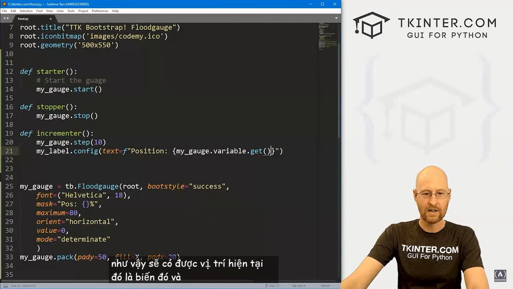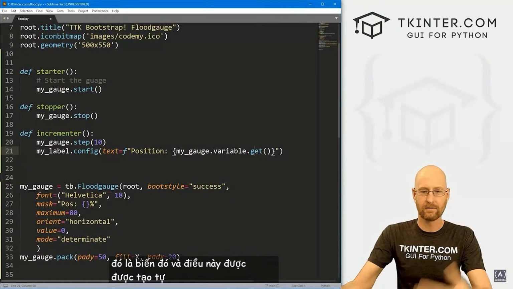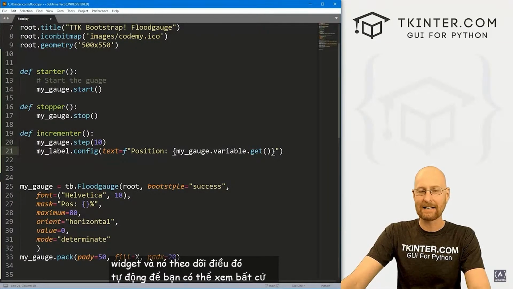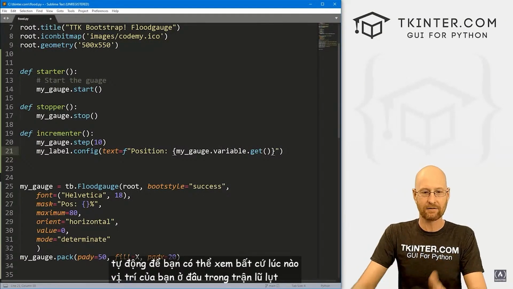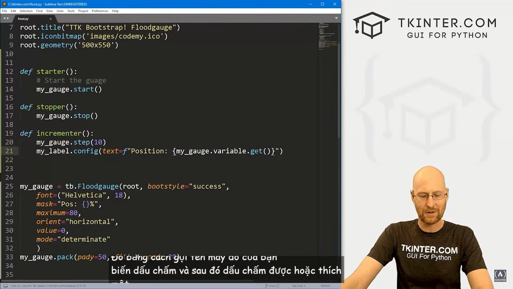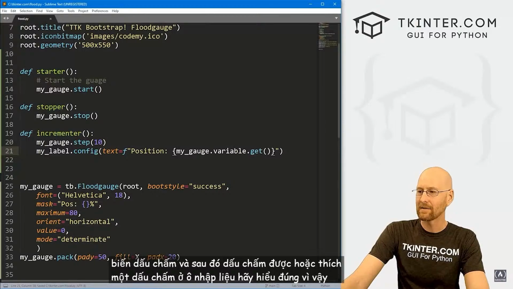That's that variable. And this gets created automatically with the widget, and it keeps track of that automatically. So you can at any time see where your position is in your flood gauge by calling the name of your gauge dot variable and then dot get, sort of like an entry box, dot get, right? So let's go back over here,